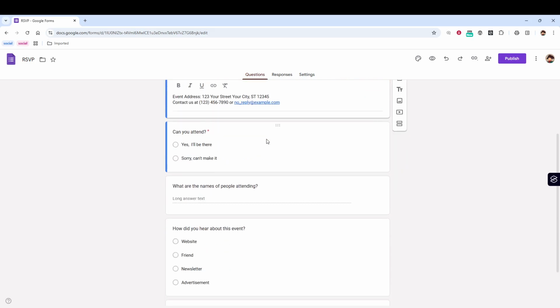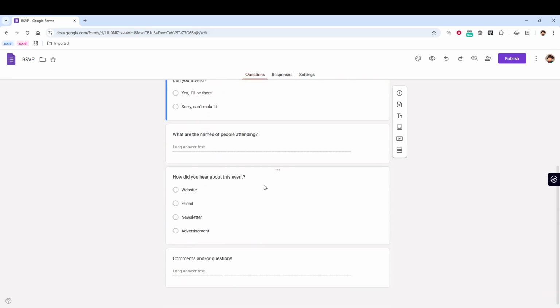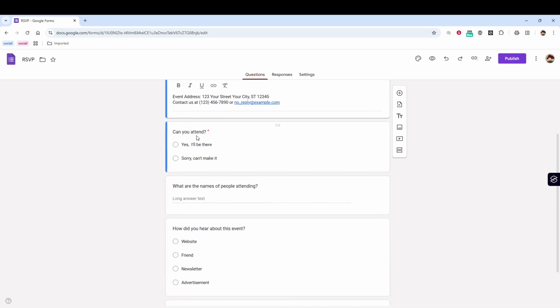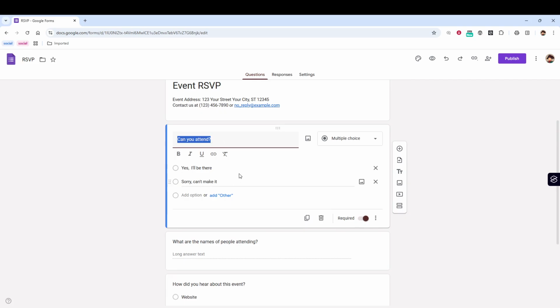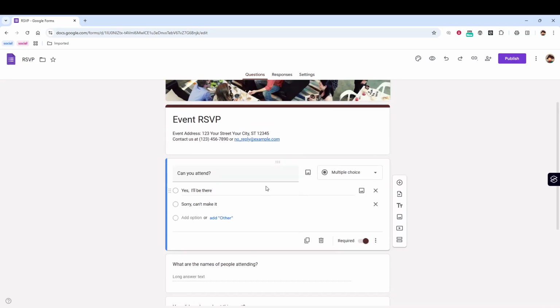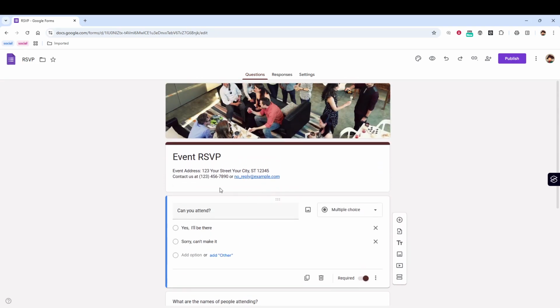Next, begin editing the event information. Click directly on any text in the form to change it. Start with the form title and description so guests know exactly what they are responding to. Then update the event details like the date and the location. When you click into a text area, you can type over what is already there or adjust it to match